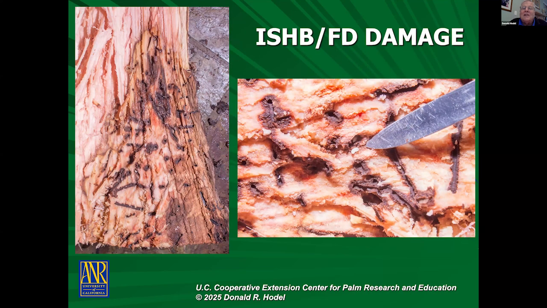So I have pictures here. Here are entry holes. This is a king palm that we cut down that had lots of exit holes, and you can see the galleries here, and notice that they're dark, so there's a little bit of damage to the tissue around them, but it's not really spreading extensively in the photo on the right. In the photo on the left, it did spread somewhat, but there's no white mycelium here. So this species might not be susceptible to the Fusarium dieback.